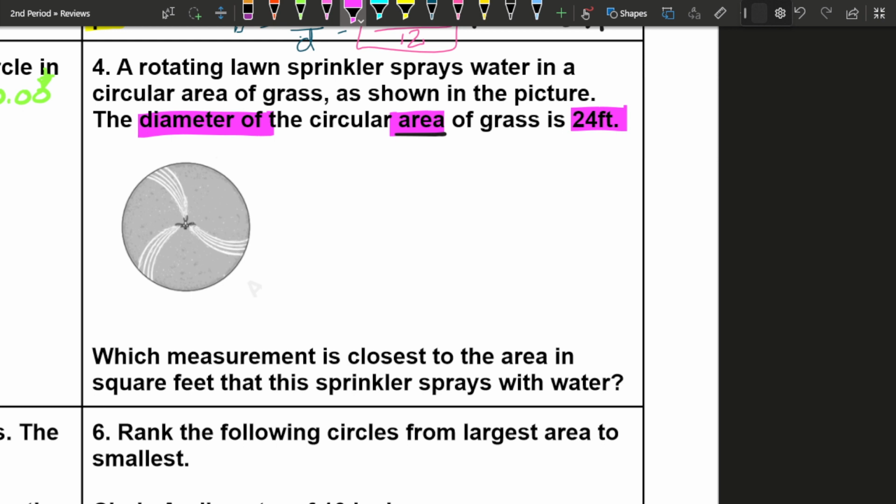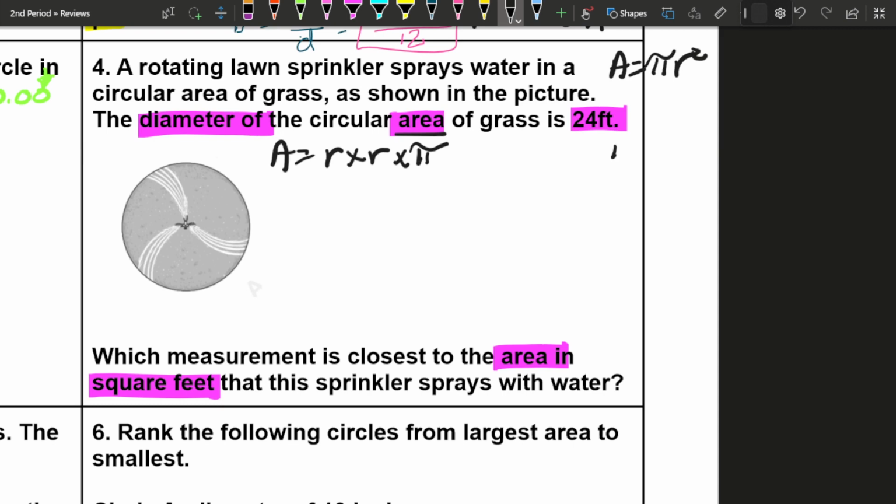Which measurement is closest to the area in square feet that this sprinkler sprays with water? So now we're looking for area, and for area we have the formula A equals pi r squared, but the one that I show my class is area equals radius times radius times pi. And we know that pi is always